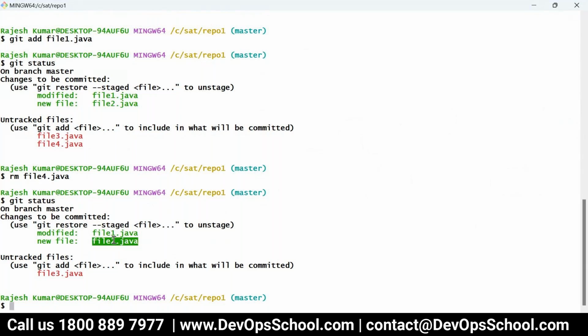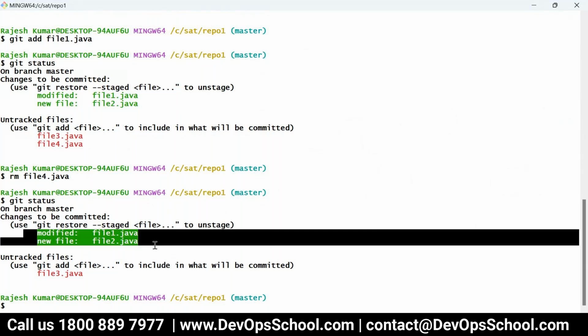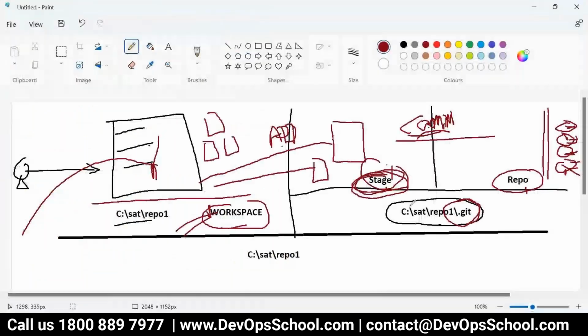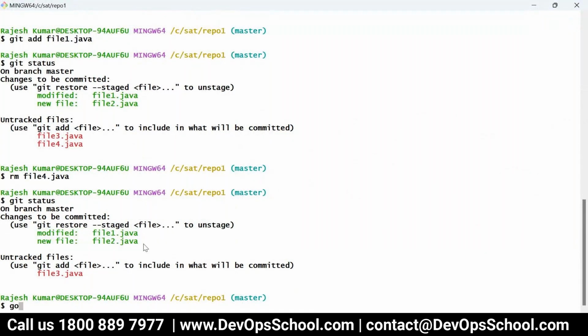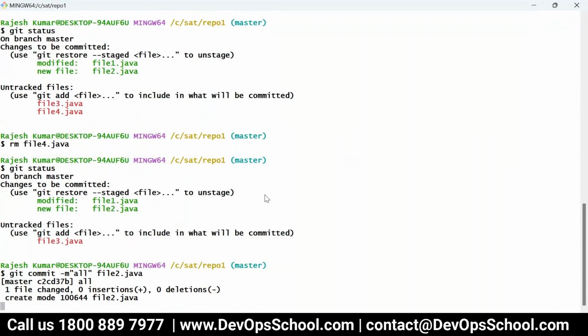Now let's say you have two files in the staging area, and you know that your review is done. If you want to commit all of them, I'm not entering it, but if I type this one, all the files will be committed. But you don't want to commit all the files. You want to commit only this file, because you have not completed the code of file1.java. You feel there's still some work to be done. So now only file2.java got committed here.